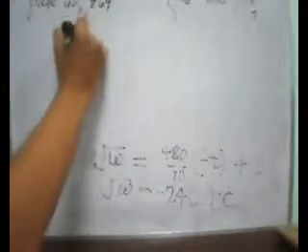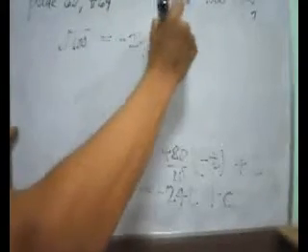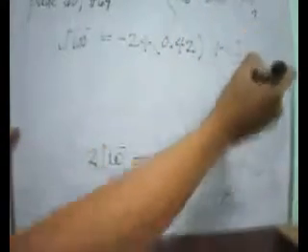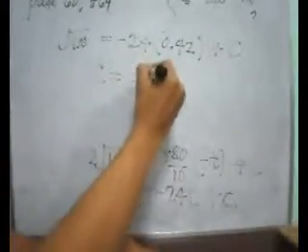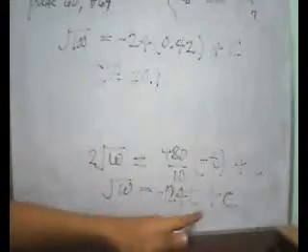So further solving, we have here the square root of 100 is equal to negative 24 times 0.42, plus c. Now the c is equal to, using your calculators again, approximately 20.1. So there's no problem, we just substitute the c here and then solve for omega in terms of t. That's it. We can now get the expression for omega in terms of the time t.